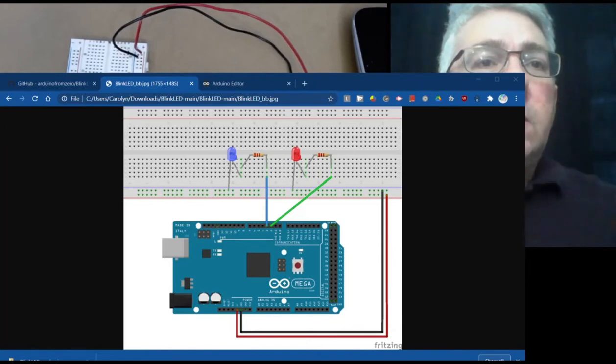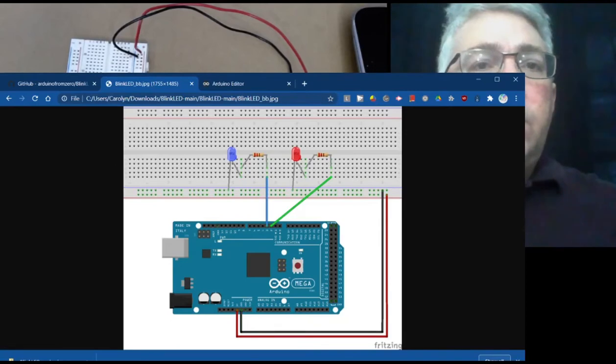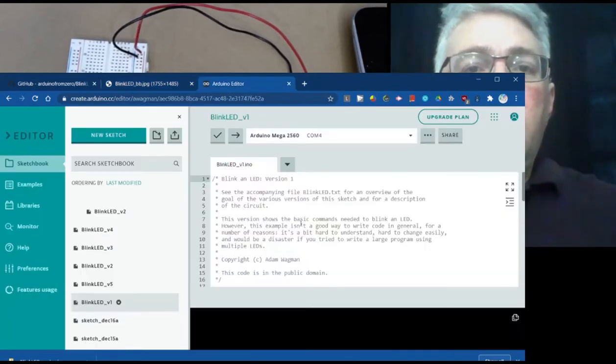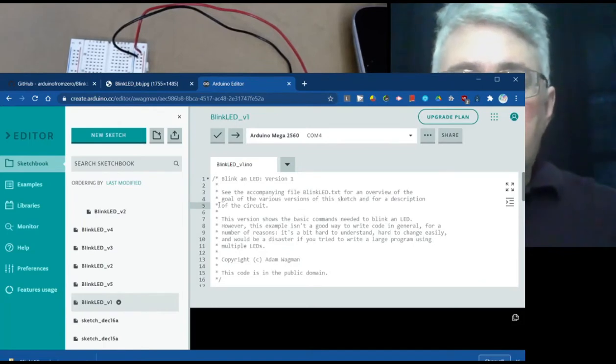Okay, so now let's start looking at the code. First I'm going to show you the traditional Blink program with a few extra comments. This first version just blinks one LED. We've just got some comments up here